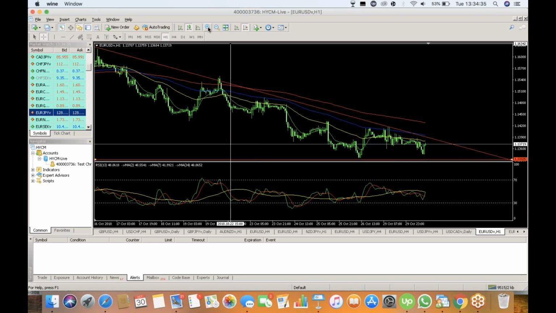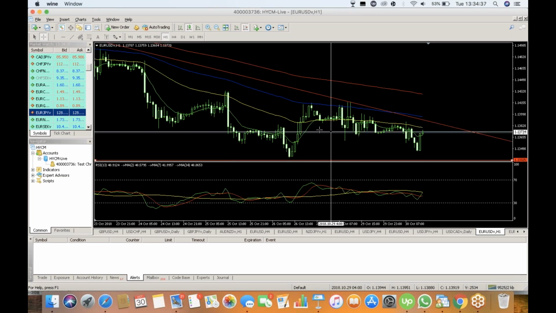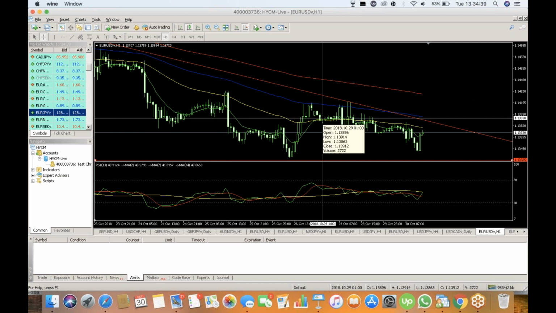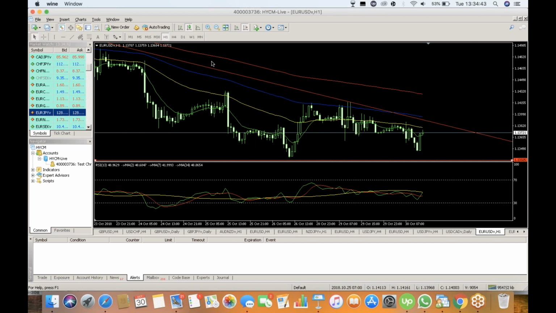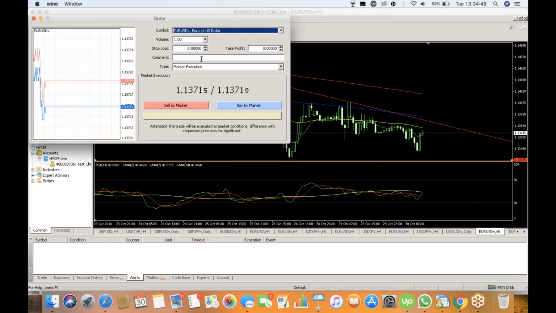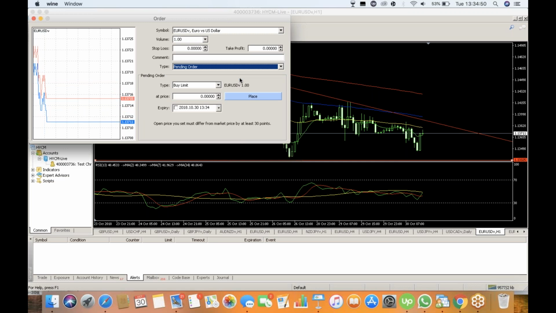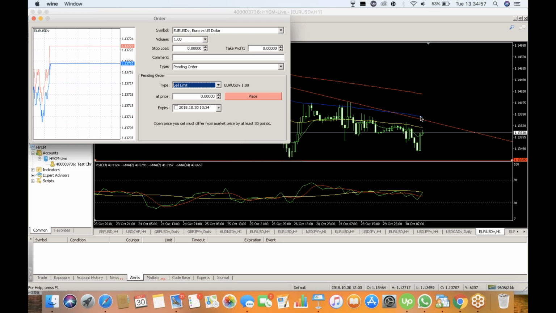So the other option is to enter a sell order here. Let me show you how you do that. You would just go to your chart and put your pending order in, and it would be a sell limit. A sell limit order means that you're selling above the current price. So if we put the order just below that key level,